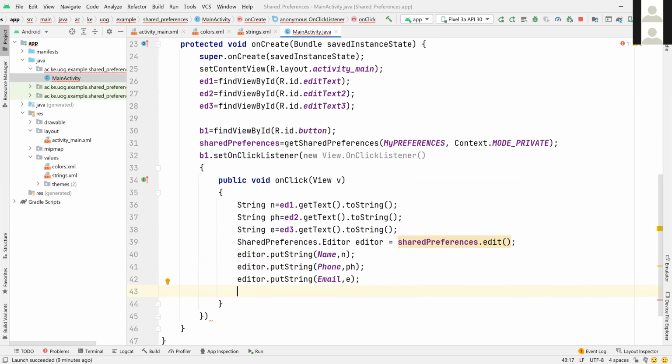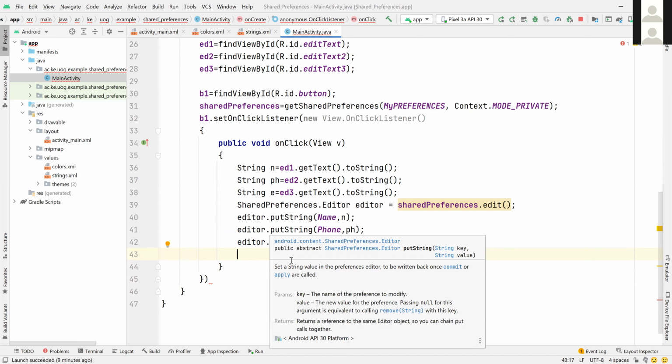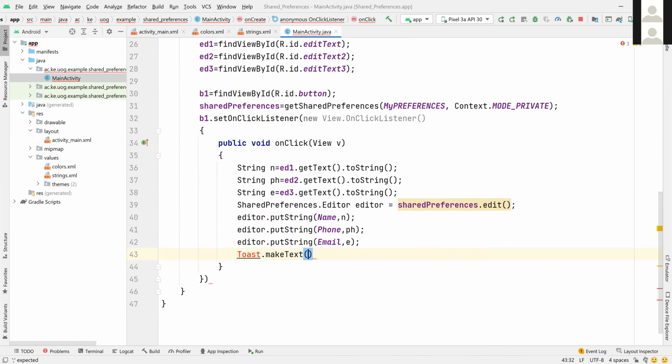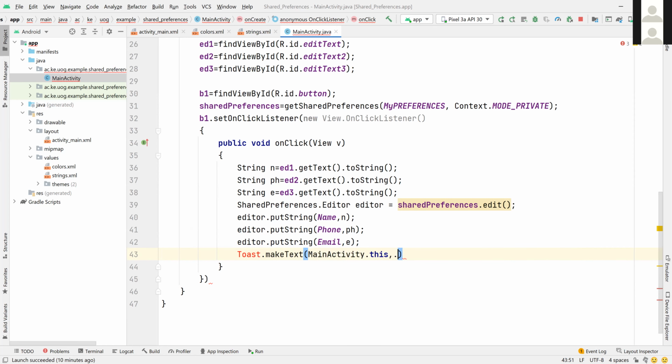And then we can now put a toast message that will tell the user that this has happened. So Toast.makeText, in brackets, we are calling it for this class, which is MainActivity. This is a context, comma, the message like